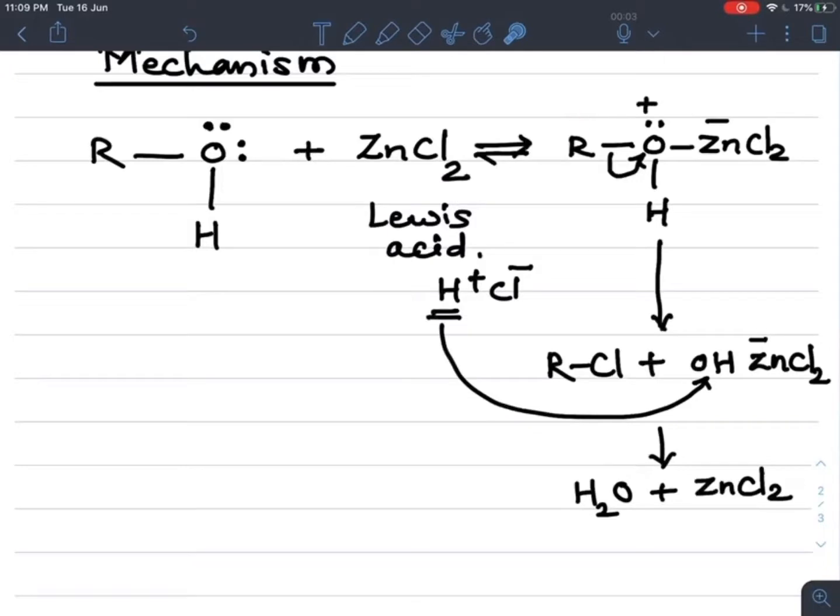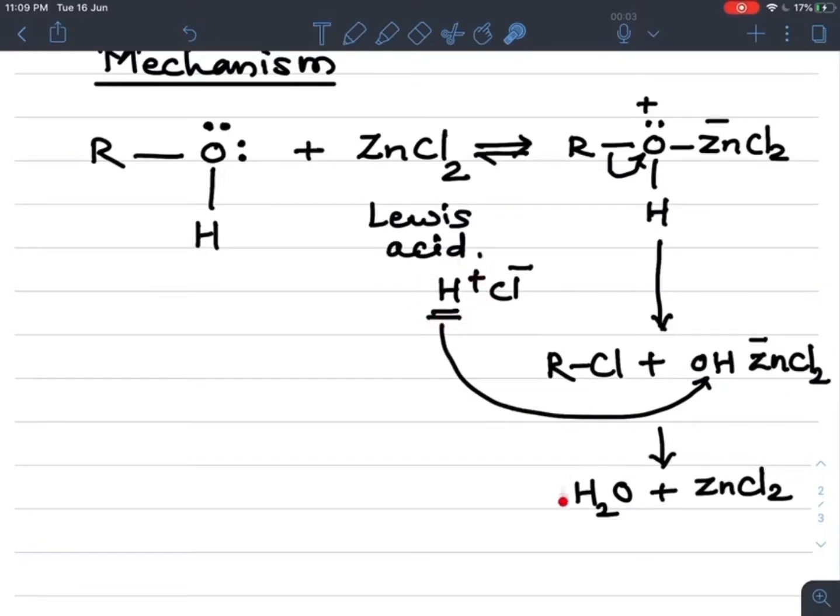So R plus combines with Cl minus. By taking these two electrons, it is bonded with R plus. So there is a formation of RCl, and the byproduct, that is OH. By taking these two electrons, this positive charge is replaced. So OH ZnCl2 minus. Now at the same time, when this intermediate is formed, there are H plus ions